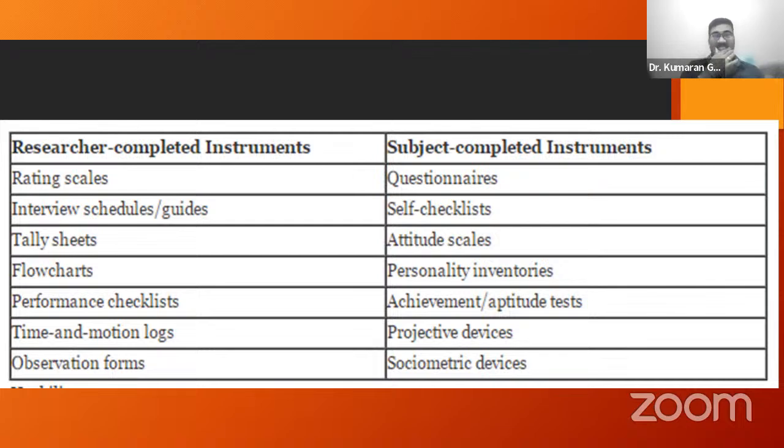When we look at the first one, we decide what kind of rating scale we want to use in our survey or questionnaire. We decide whether we want to use a five-point Likert scale, a four-point Likert scale, a ten-point Likert scale, or if you want, a seven-point Fuzzy Delphi scale. But when it comes to the subject, they will complete the questionnaire that is given with the rating scales.